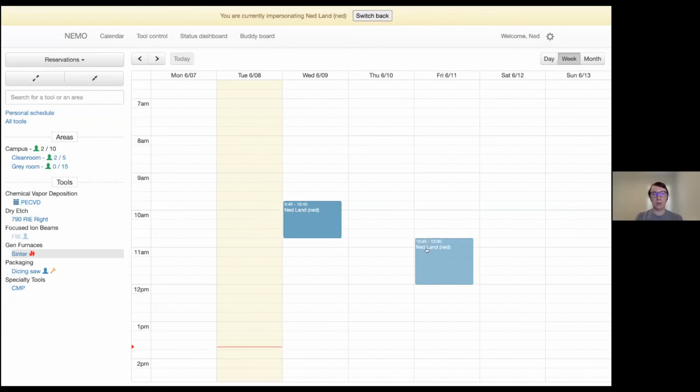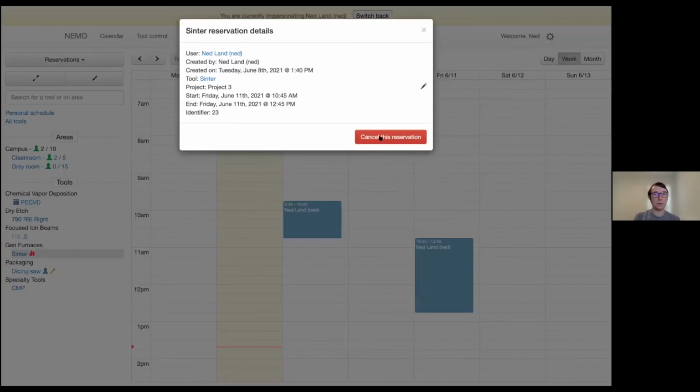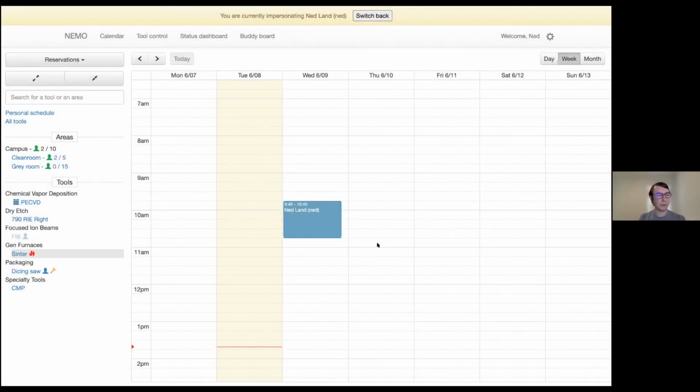You can move them if you change your plans, you can extend them if you're going to be staying longer, and you can also cancel them if you decide, I'm actually not going to be using this tool anymore. So that's kind of for the regular tools. Now you can set